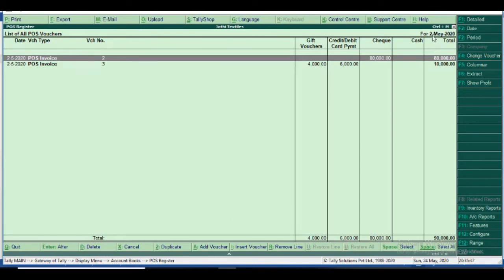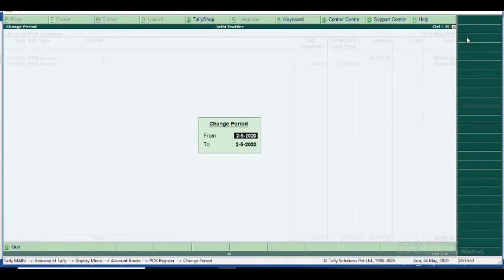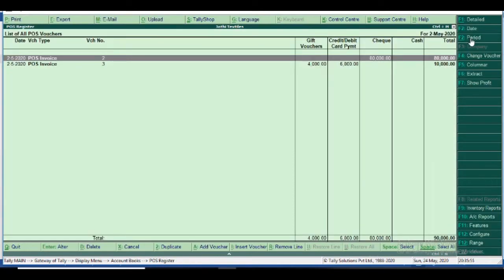Yes, the second day's bills, 2 May 2020, come, but our bills start from 1/5/2020. So we change the period by clicking this button or Alt plus F2.